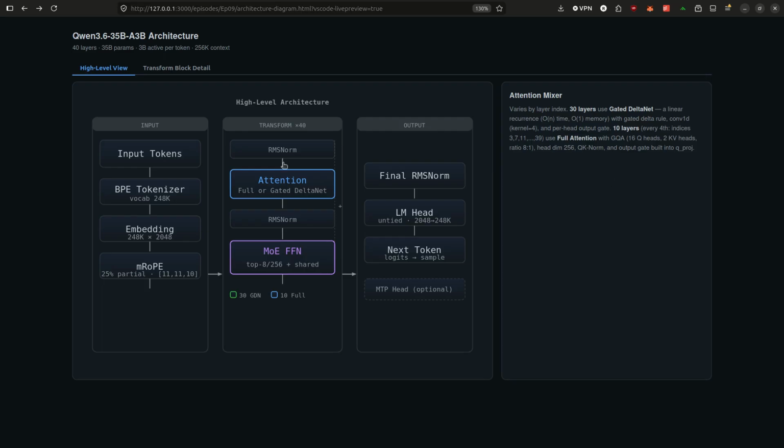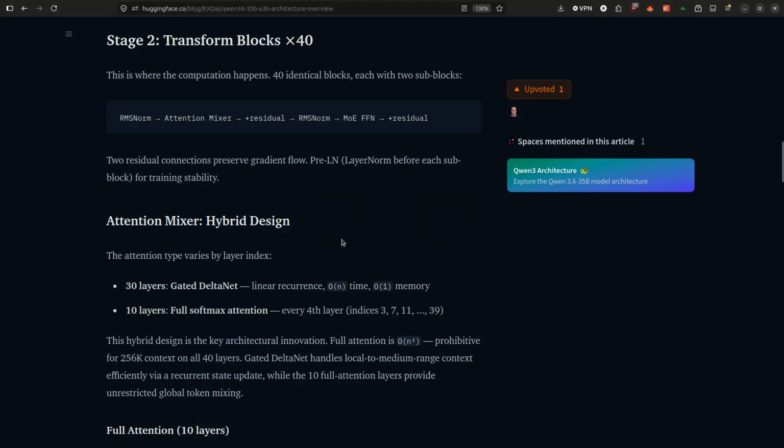Then it goes into the attention box, and remember there are 40 layers, and depending on which layer it is, there are two different types of these. 30 of these layers use gated delta net, and 10 of them use full attention. So 1, 2, 3 will be gated delta net, 4 will be full attention. Then 5, 6, 7 will be gated delta net, 8 will be full attention. What does all this mean? At a high level, what we're saying is